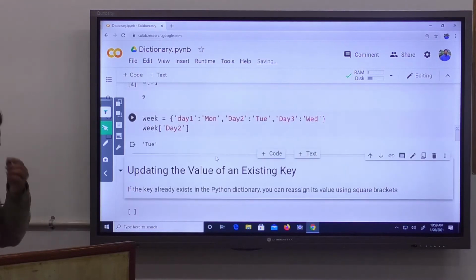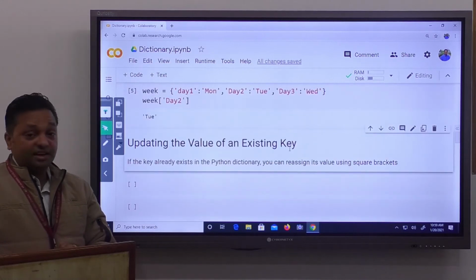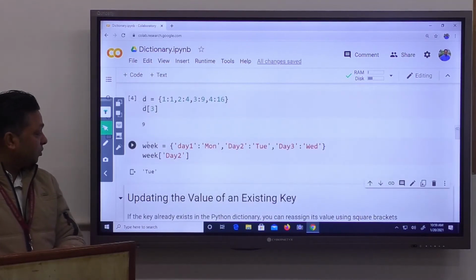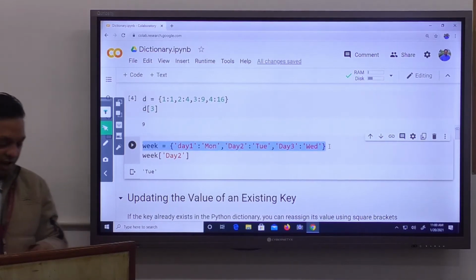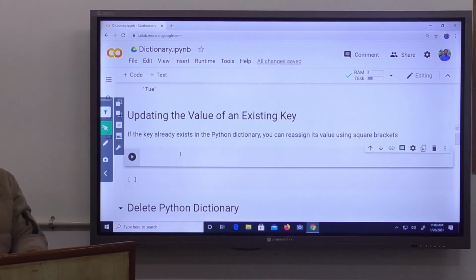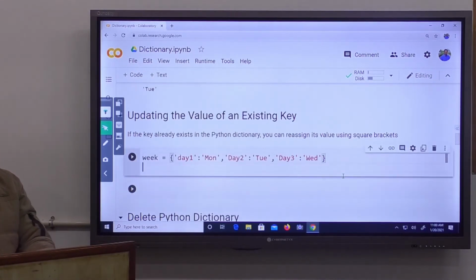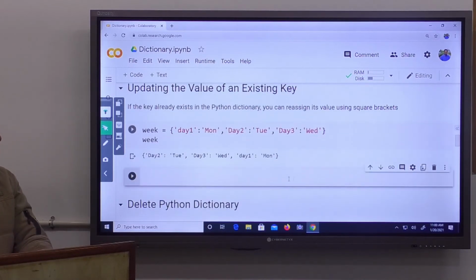The next concept is how we can update the value of an existing key. So suppose I take the same dictionary, I copy it here, and I want to add one more day inside this dictionary. So suppose this is my dictionary, week, and I am going to add one more day.